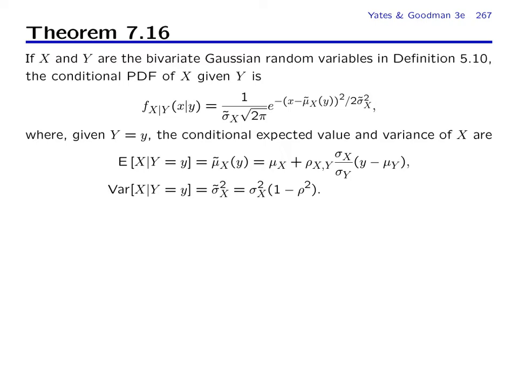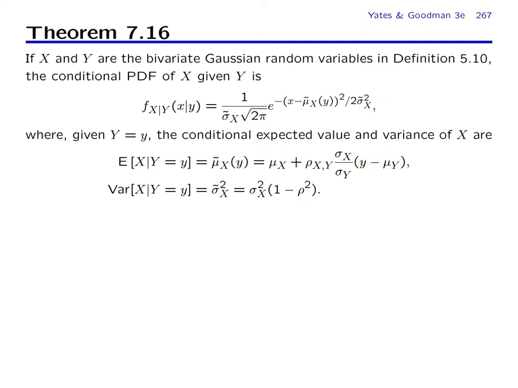And once again, we get formulas for the conditional expected value of x given y, and it's equal to the original expected value of x plus a correction term which depends on the correlation coefficient and sigma x and sigma y with their roles reversed, and the difference between the observation y and the expected value mu